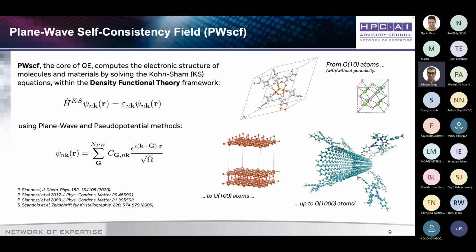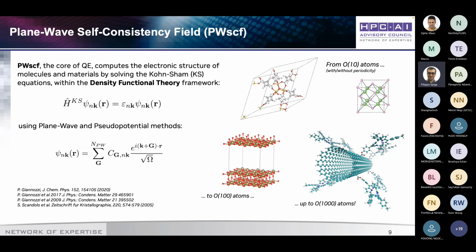And there are some references for people who are curious here. There's some math. The calculation essentially is FFTs plus an eigensolver, repeating a self-consistency loop that goes over and over again until a threshold, a convergence test, is reached, and that is where you reach your ground state. And then starting from there, more things can happen. The code is very capable because of the way it's parallelized, because of the way it's structured. And this is true for all the codes in Quantum Espresso, but obviously it's more evident in PWscf because